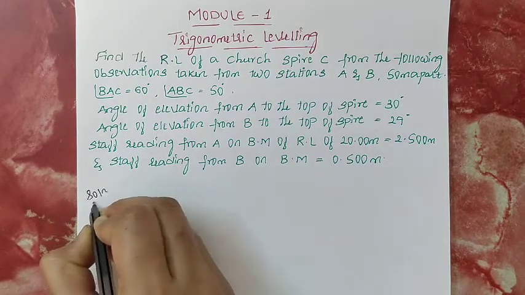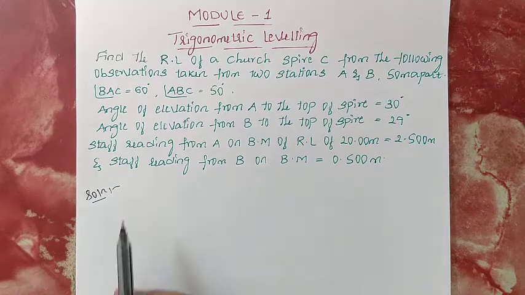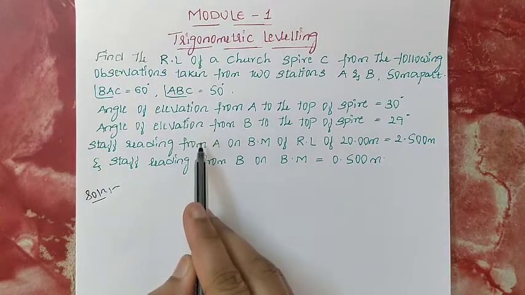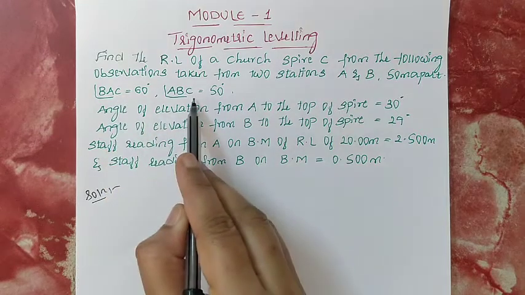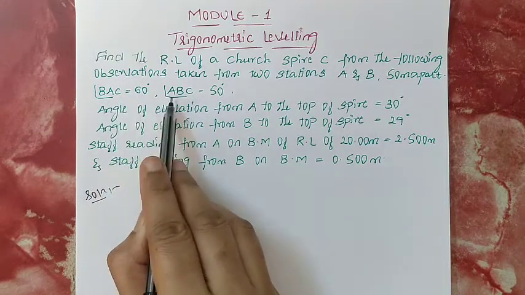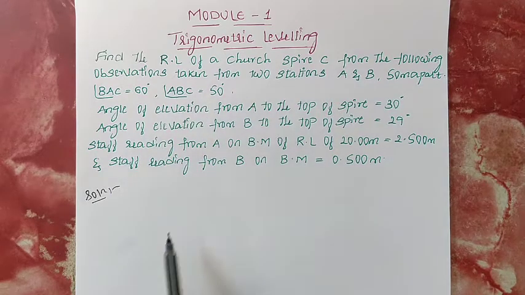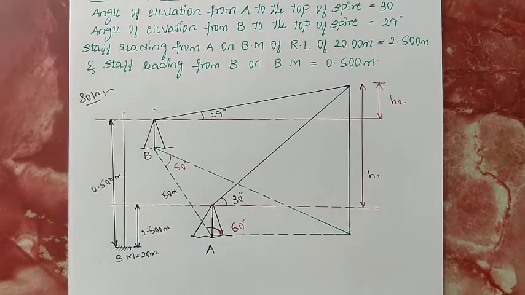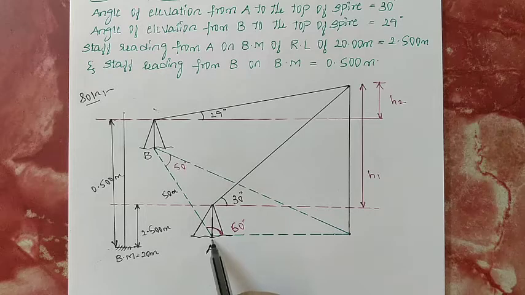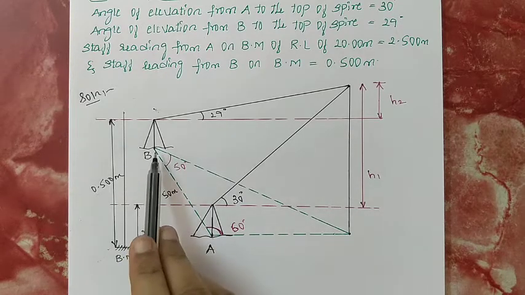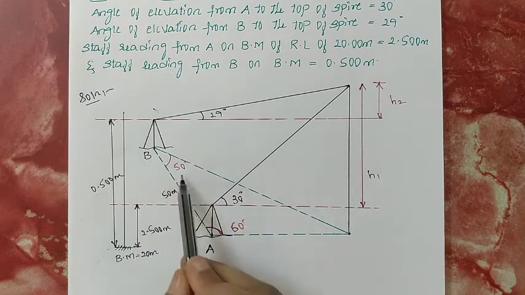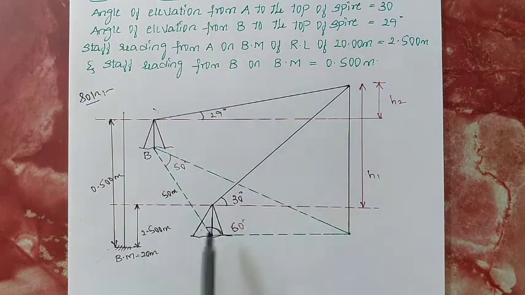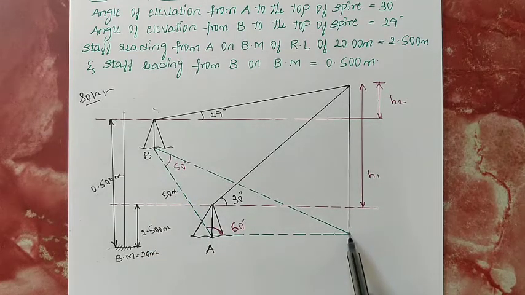Okay, write down the solution. You can observe here, in addition to the angle of elevation, they have given the horizontal angles, that is angle BAC as well as angle ABC. It is understood it belongs to the double plane method problem. So this is the figure. The instrument station is at A and the instrument station is at B. If they have given the horizontal angle in addition to the angle of elevation, it is understood the instrument station as well as the elevated object are not in the same plane. It belongs to the double plane method problem.